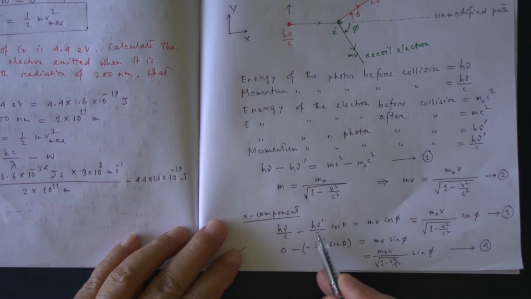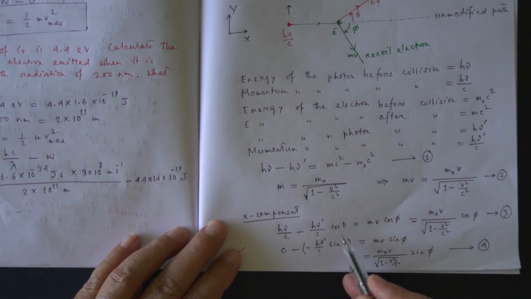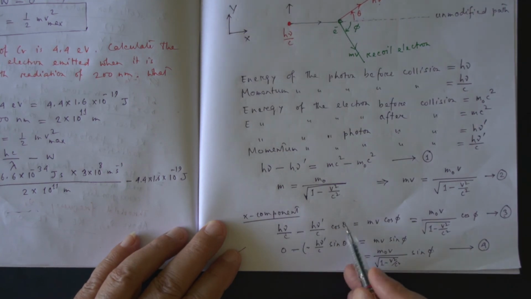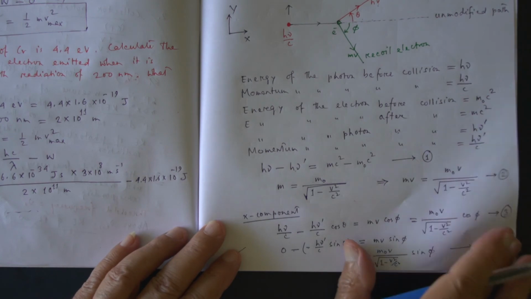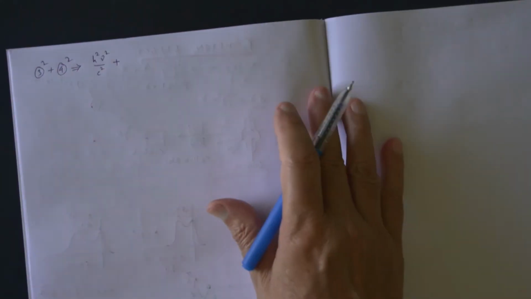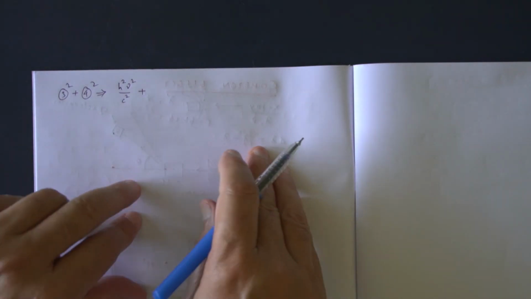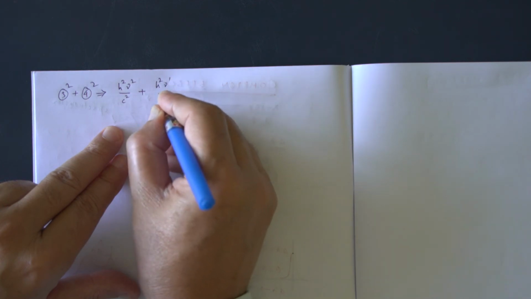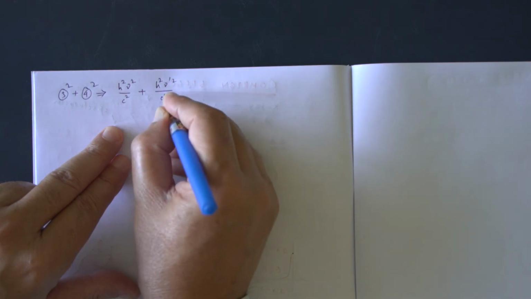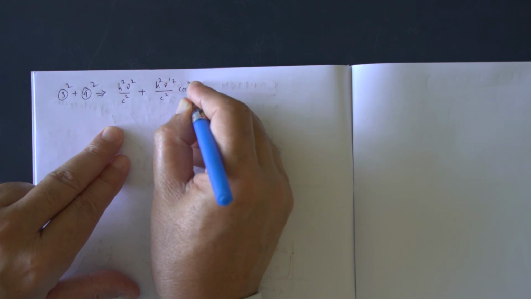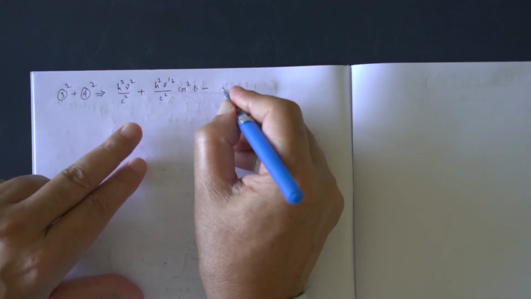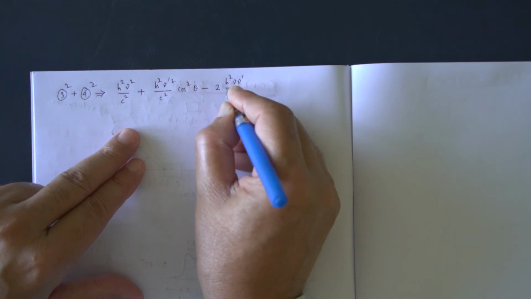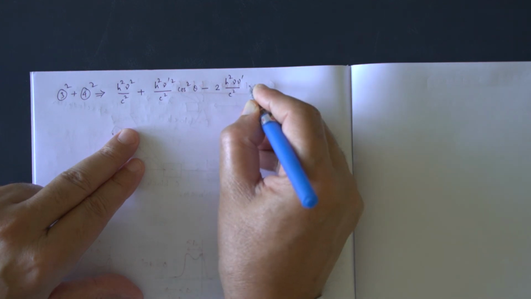This is a minus b whole square, so a square plus b square minus 2ab, using that formula. So we get h square nu dash square by c square cos square theta minus 2 h square nu nu dash by c square cos theta,